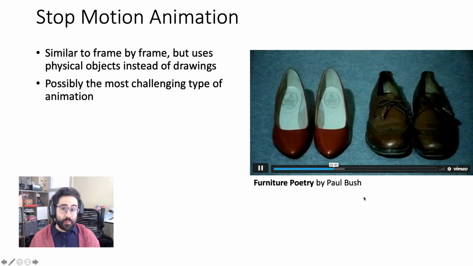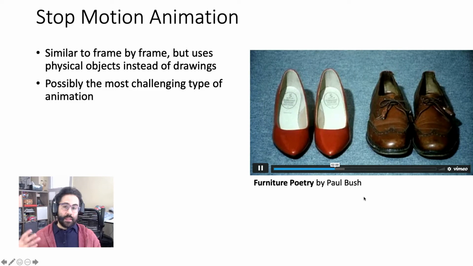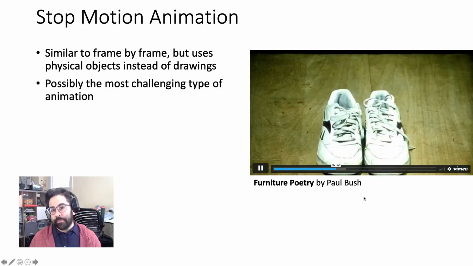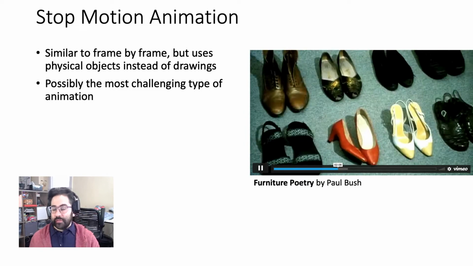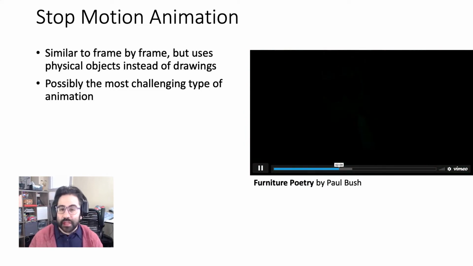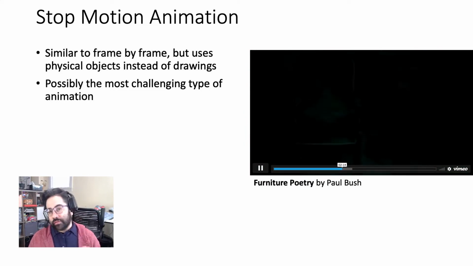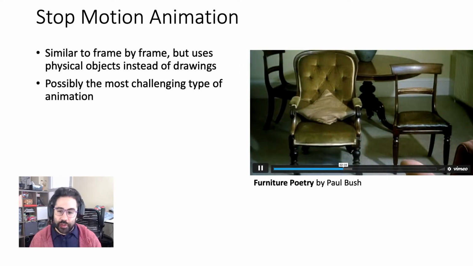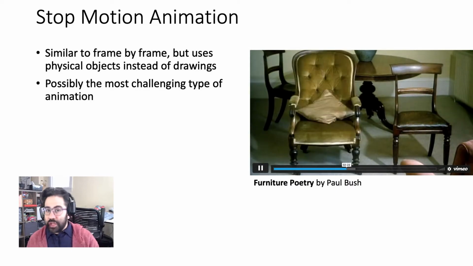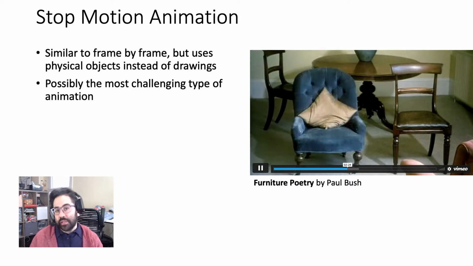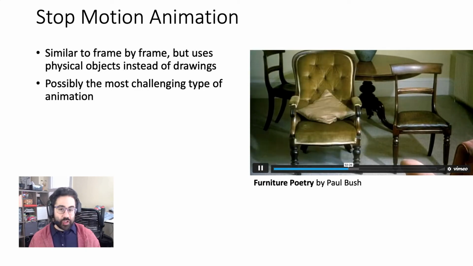Next we have stop-motion animation. This is a little bit similar to frame-by-frame. The difference is it uses physical objects instead of drawings. So like we can see here in this example called Furniture Poetry by Paul Bush, the animator is using a series of similar photographs with small changes in between each one to give us the illusion of motion or animation